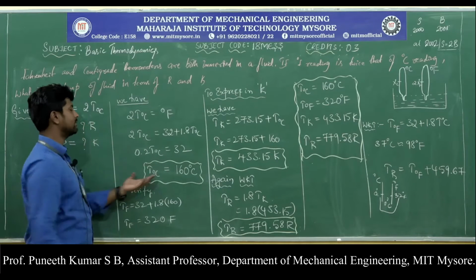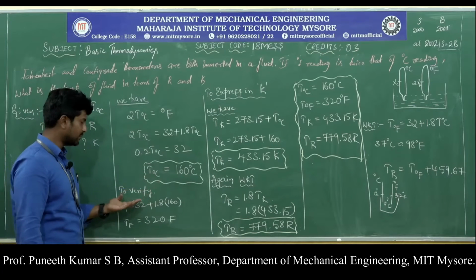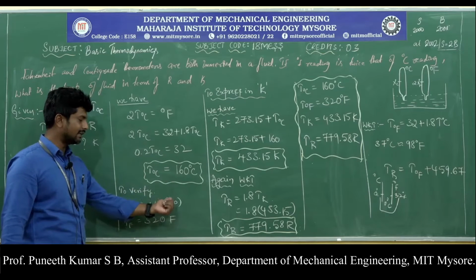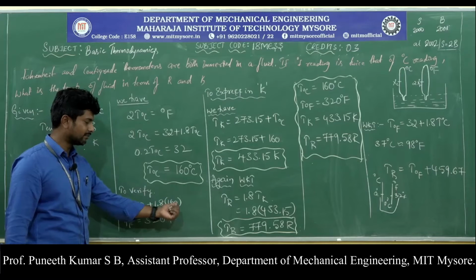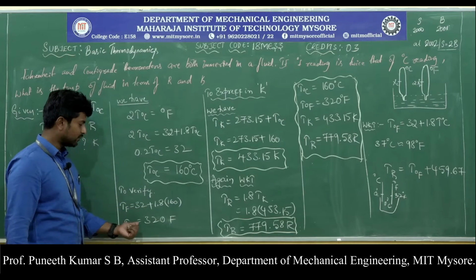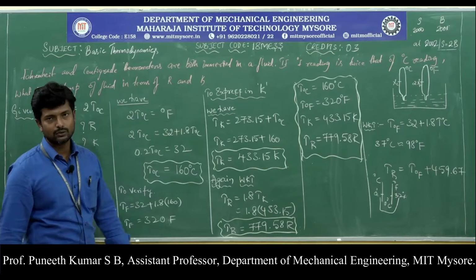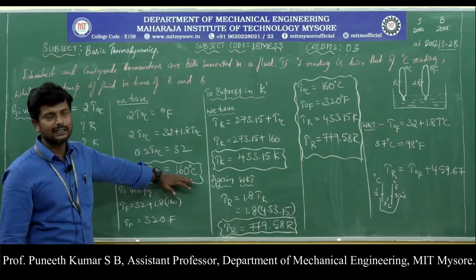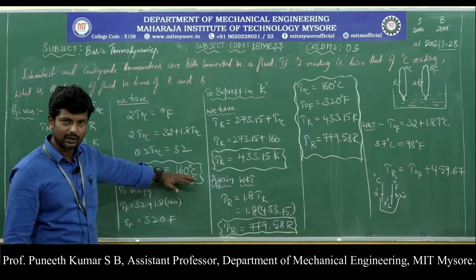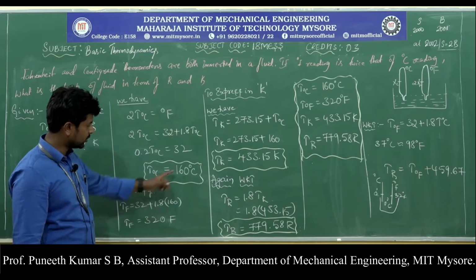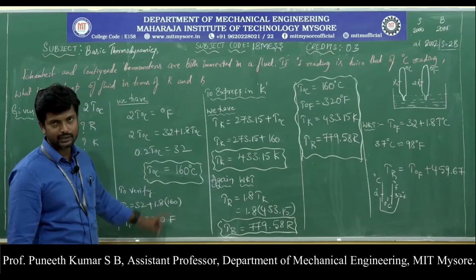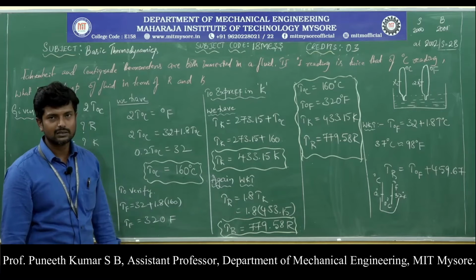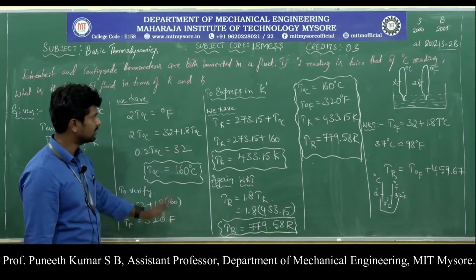To verify whether we have got the right value or not, I will just substitute into the conversion equation. In the place of T degree centigrade I have substituted 160. Now the T F I am getting is 320. This itself justifies that whatever value we found for T degree centigrade is the right value. Otherwise you would not get twice the value. If you do not get it, that means the solving of the equation has gone wrong somewhere. So you need to cross verify once you get the value.